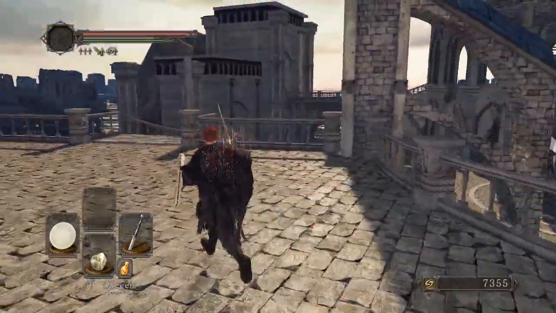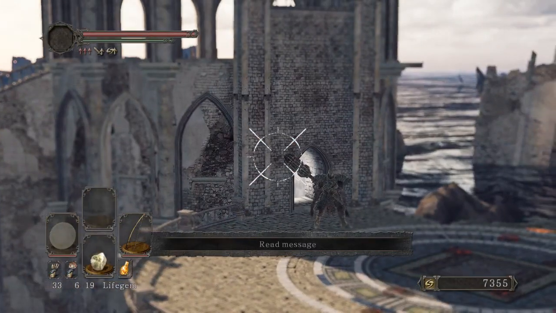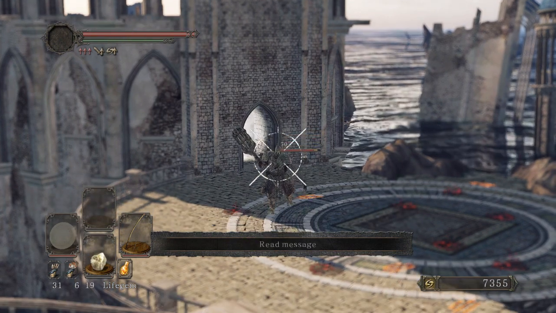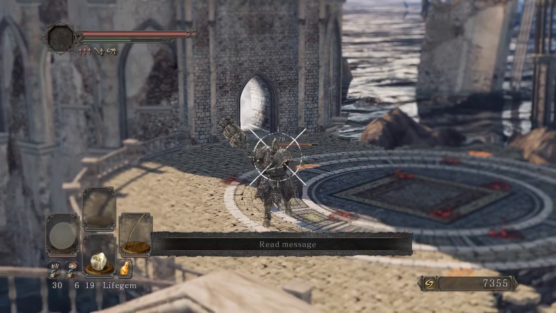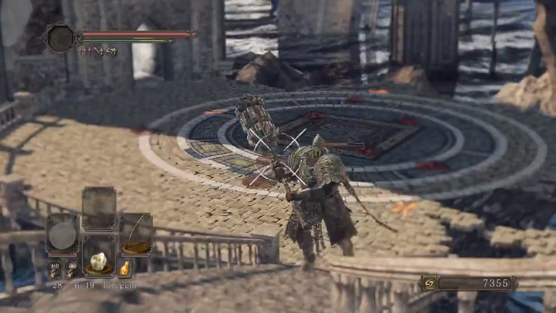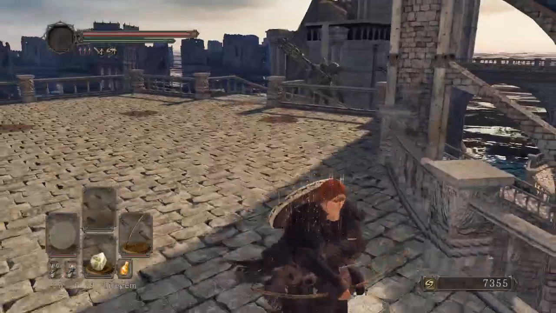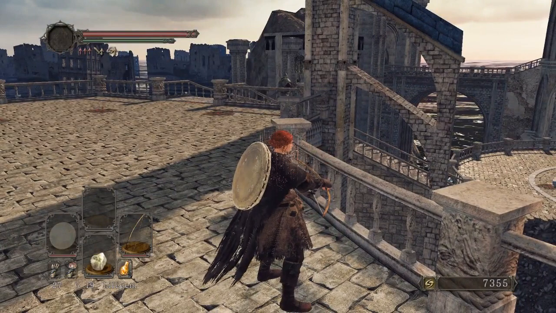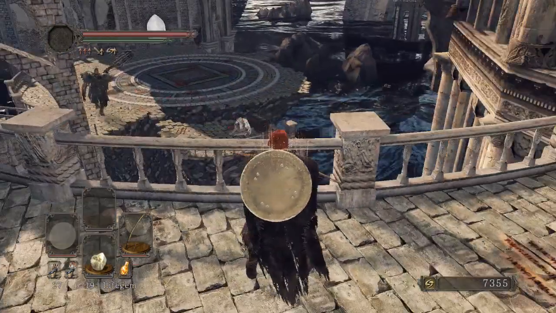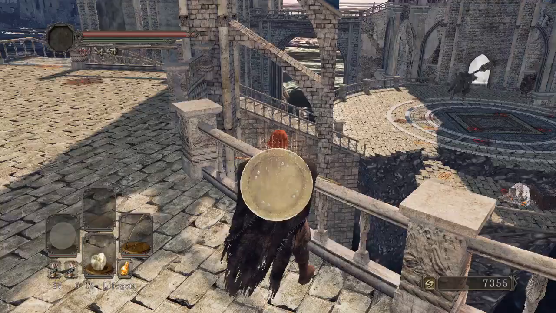Okay, so this guy down here, I am totally going to put some arrows in him rather than go down there, because it's better to waste some 10 soul arrows on this guy than it is to waste 300 soul life gems. He'll just go back down. I'll let him go to his starting position, and then I will take him out, and then I will go kill that one Hide Knight over there, and